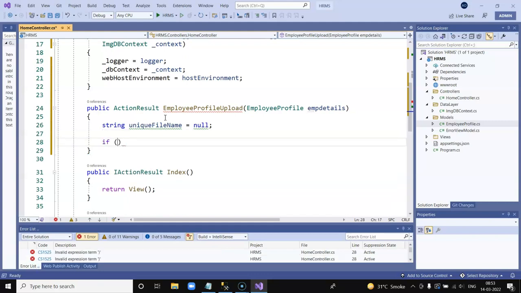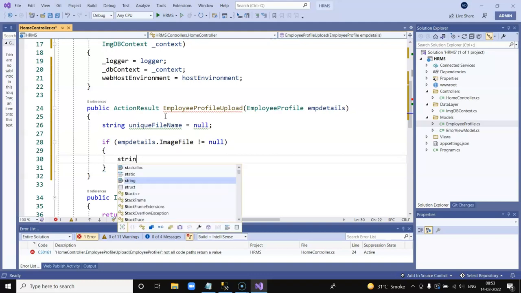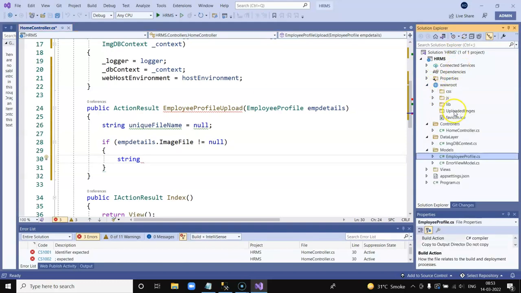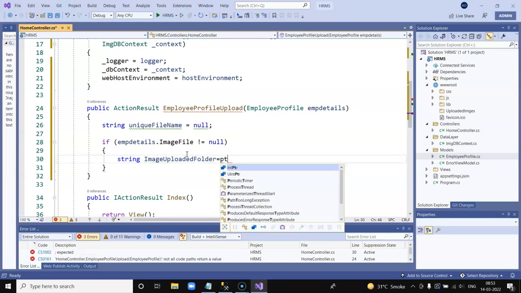And then I write code over here. If emp details dot image file not equals to null, that means the user uploaded the image as well as data. I'm going to say string. Remember I had created a folder over here, uploaded images, right? So I'm going to say string upload folder, or let me call that image uploaded folder path